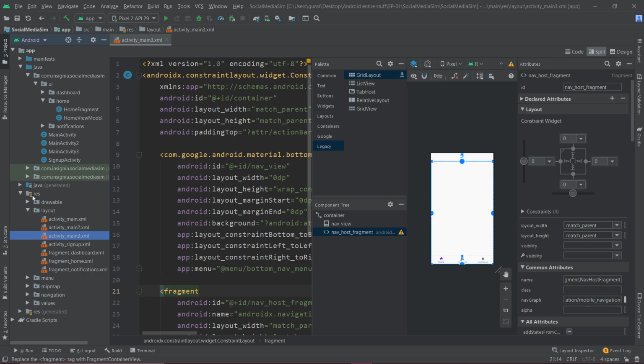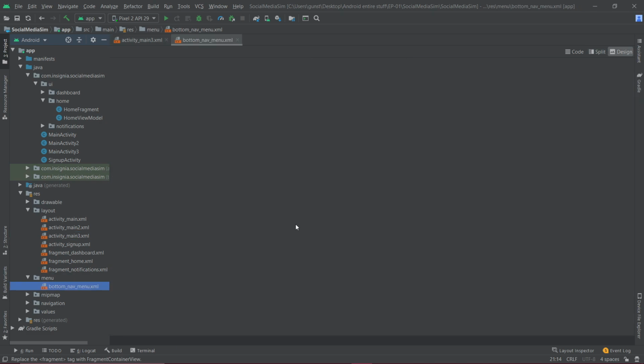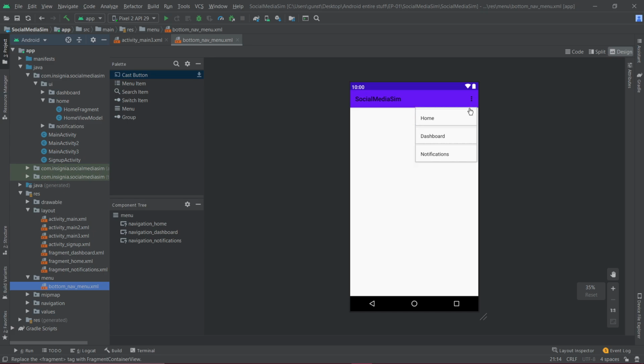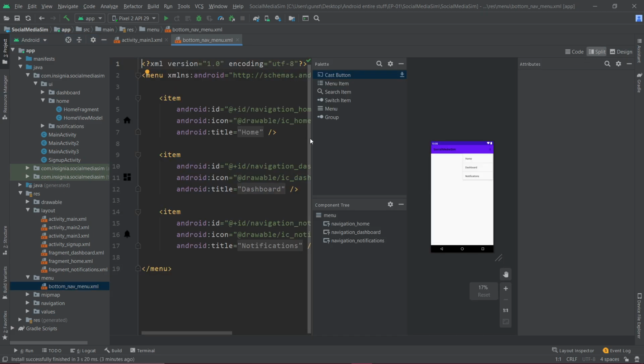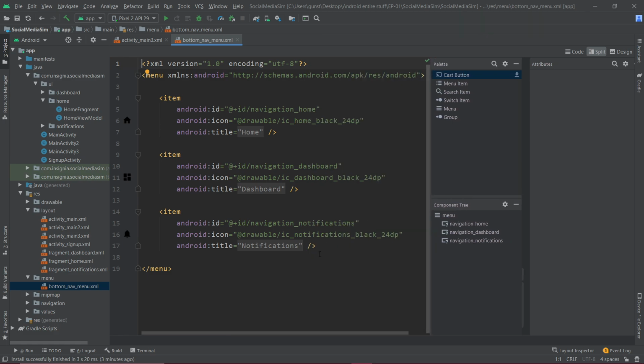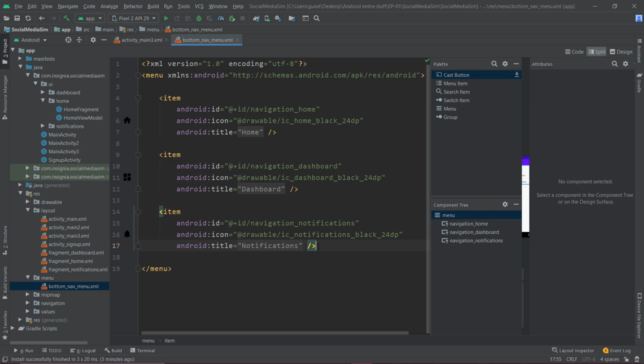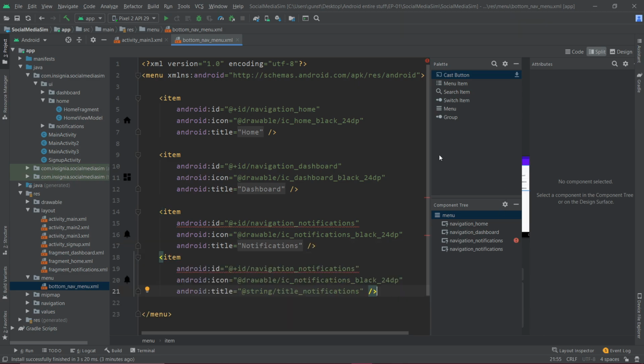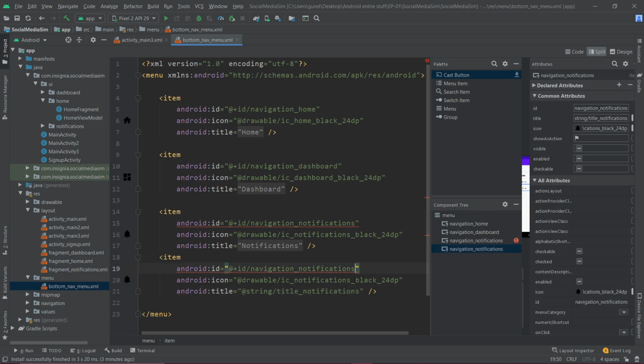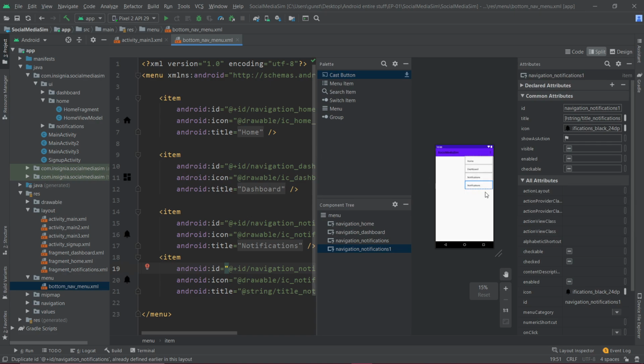As you can see, it is within our resources. We have something called menu, and within that we have our bottom nav menu. This bottom nav menu is the place where you put all your icons and stuff. However many icons you want, it is going to load them. If I copy that and put another item, it will have another item, but it should have a different name, so we'll change it to a different name.